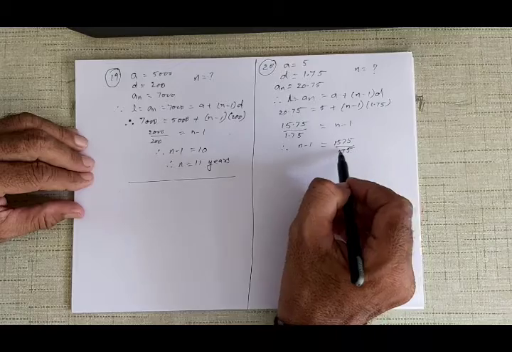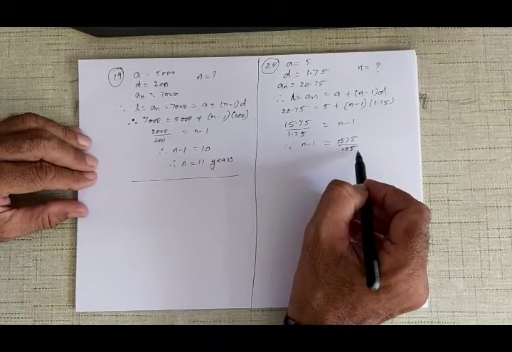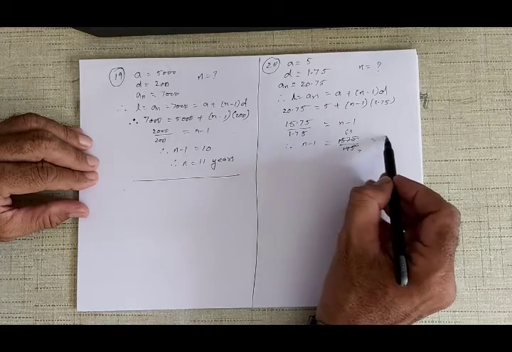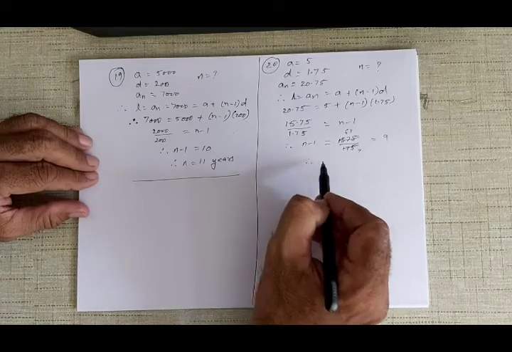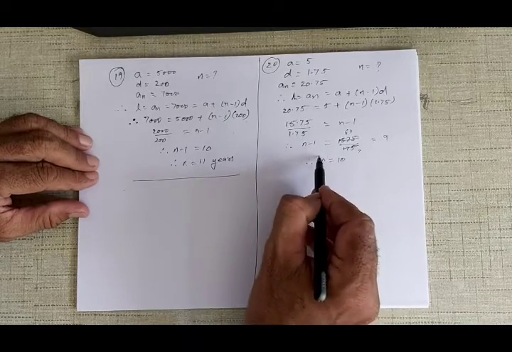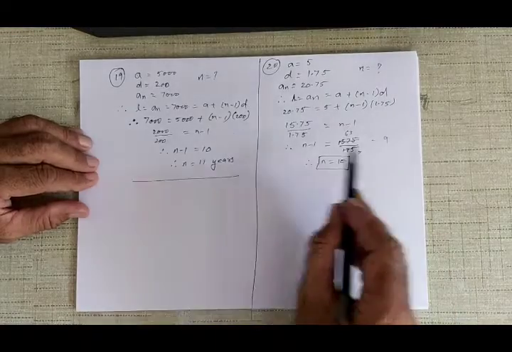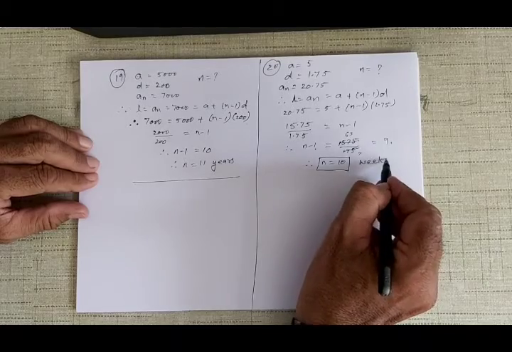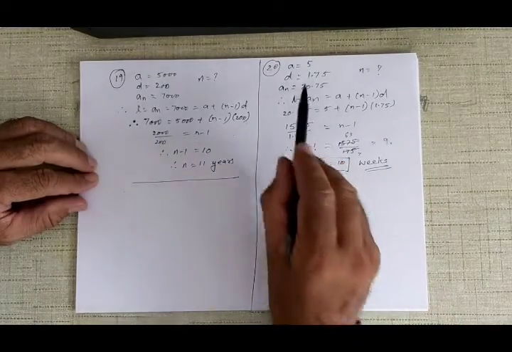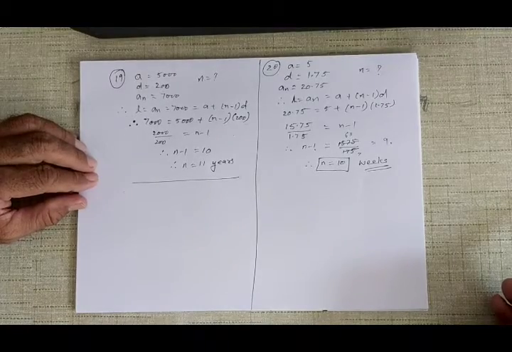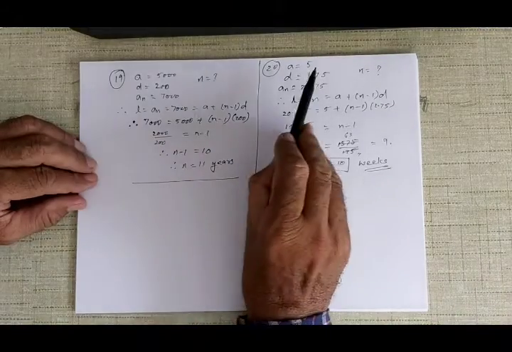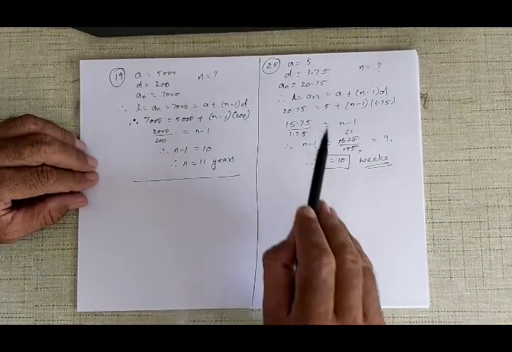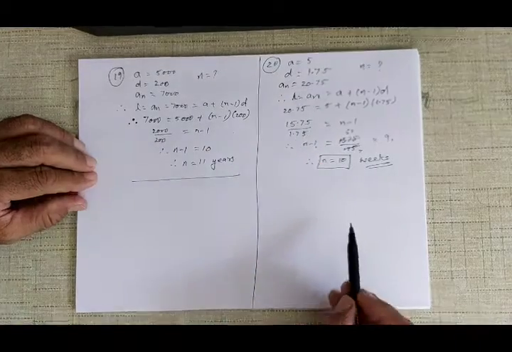If you divide by 25, sevens are, okay, and 25 sixes are and 25 threes are, 7 nines are 63. So therefore n is equal to 9 plus 1, that is equal to 10. n minus 1 is equal to 9, therefore n is equal to 10 weeks. मतलब after 10 weeks her total amount of savings will become 20 rupees and 75 paise. That means her weekly savings, in the beginning it was rupees 5. She was saving 1 rupee and 75 paise every week. 10 वीक के बाद उसका टोटल सेविंग्स हो जाएगा 20 rupees and 75 paise.